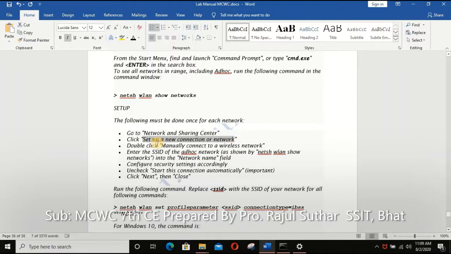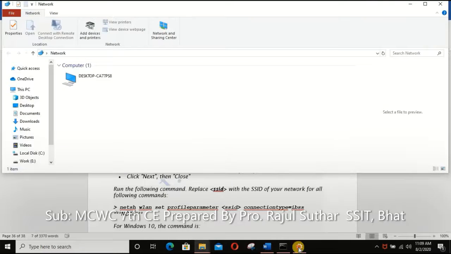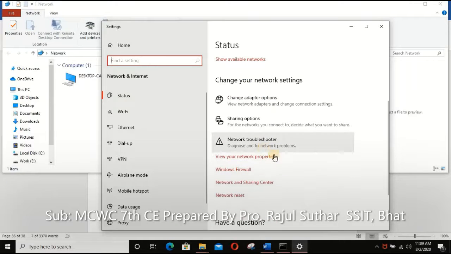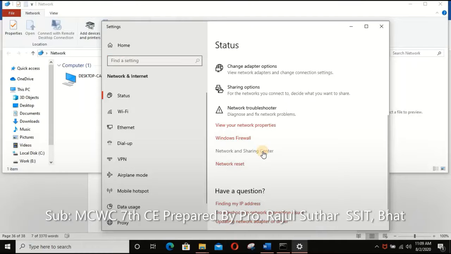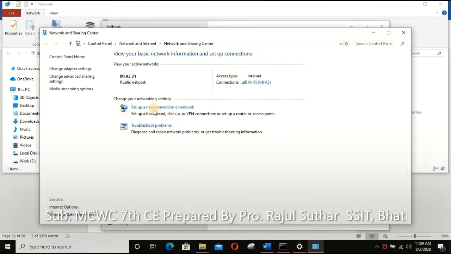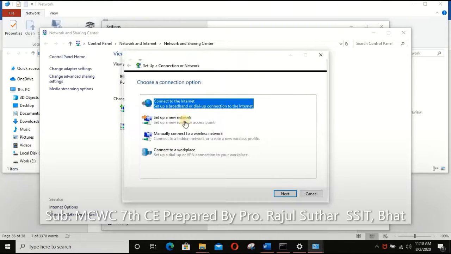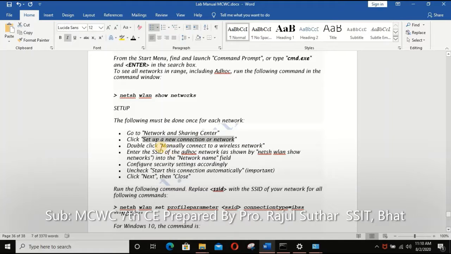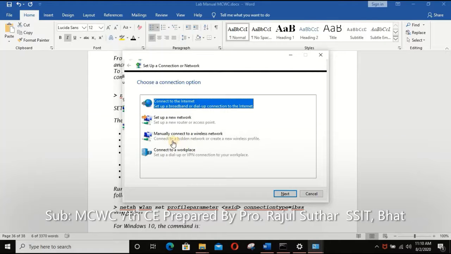So we just click on set up a new connection. Here we set up a new connection for the network. Then the next step is to manually connect to a wireless network.